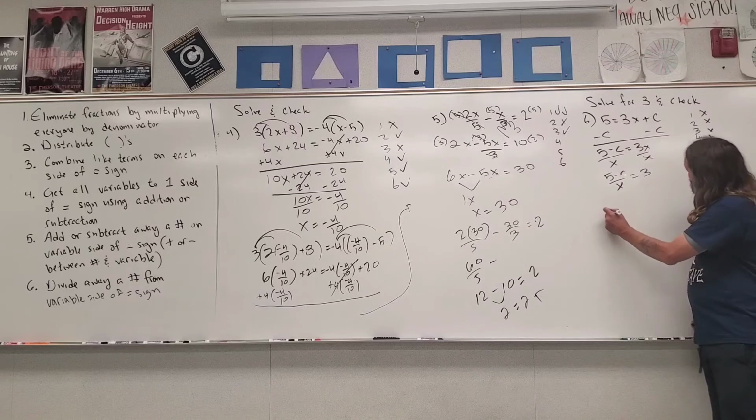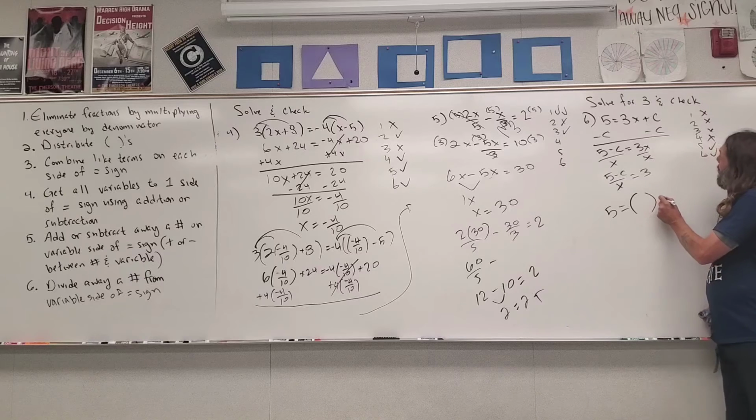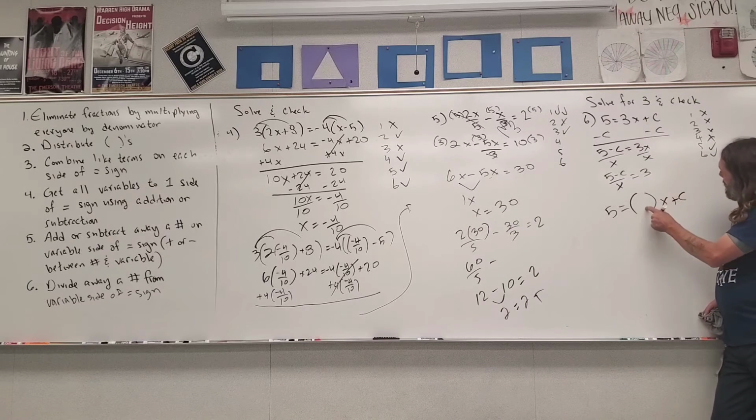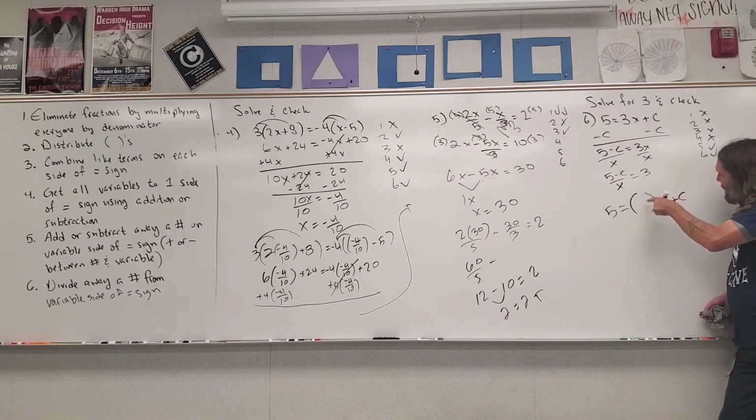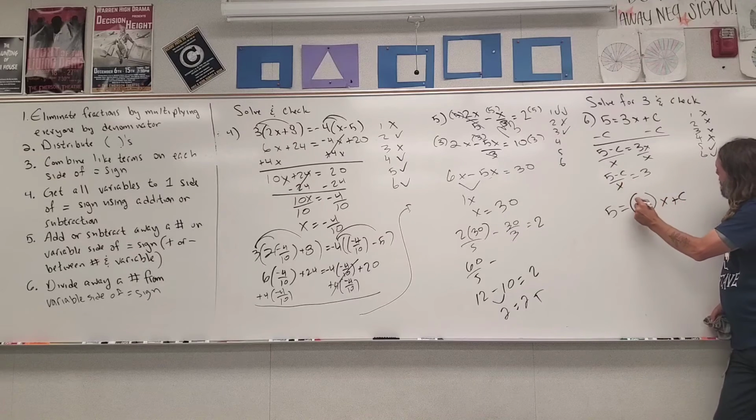So here we go. We go 5 equals not 3. I'm going to put a parenthesis there, and then x plus c. So in here goes what goes in here. We replace 3 with 5 minus c over x,